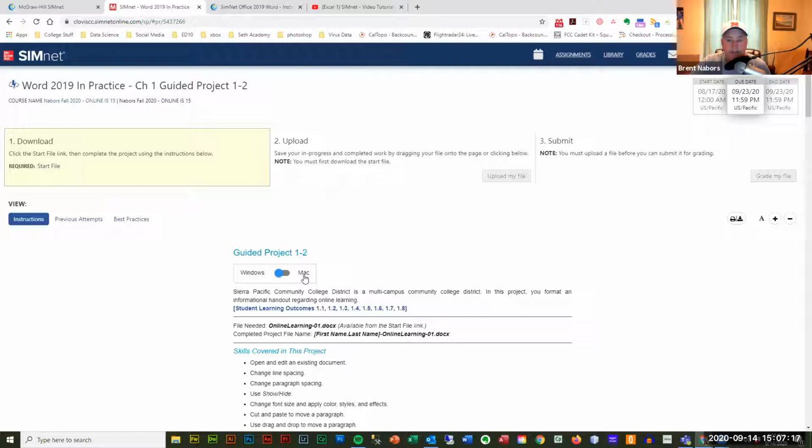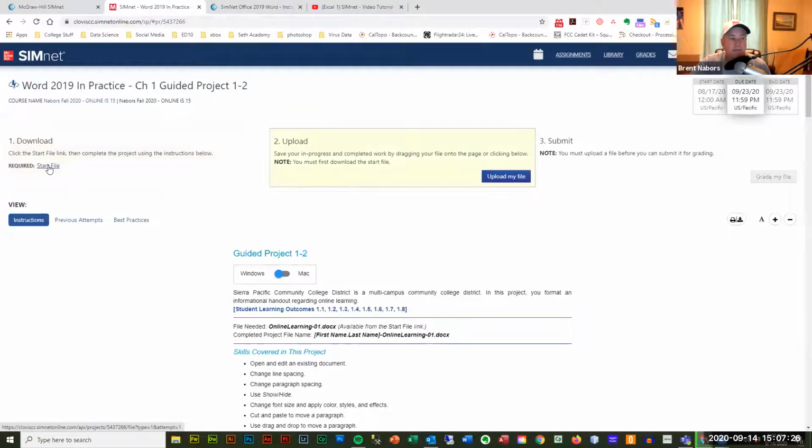So as we scroll down, this is what we get. First off, it says download the start file. When I click here, you download it. And see on my screen right here, hopefully you see it, it says Brent Neighbors. I click on it, and it's going to open up